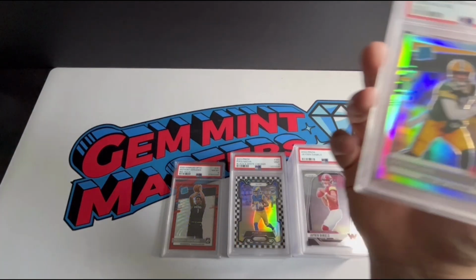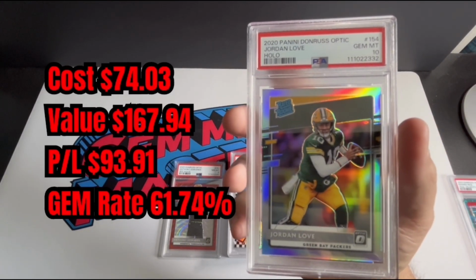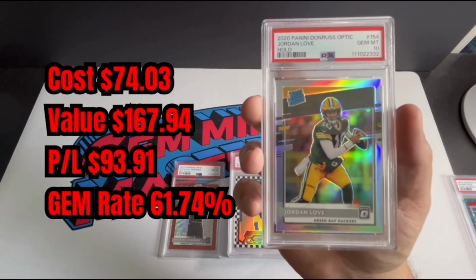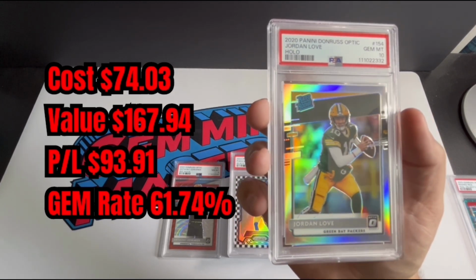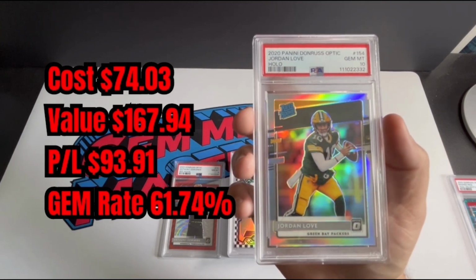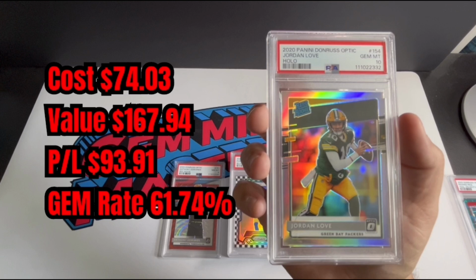All right, 2 more cards here. Nice Jordan Love Optic Hollow rookie 2020. I'll go as far back pretty safely on cards back to about 2020 raw to grade, because the thing I've